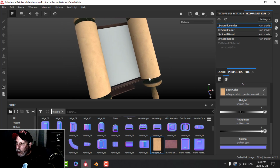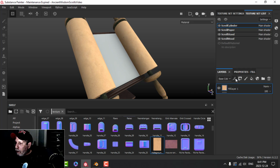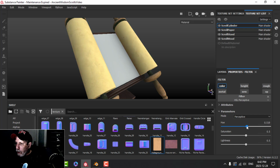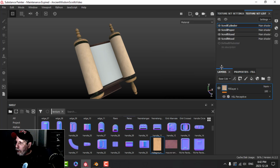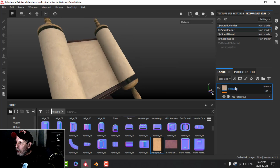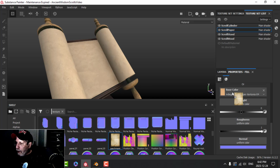You know, it's also nice, and you could play with this. You could add an HSL filter. You can play with the hue. I'm not going to. Maybe a little bit less saturated. I mean, that's not bad either. If I was to take this and copy it and put it on here as well, just to get a sense of what it's like there. All right, but I think I still like that one,